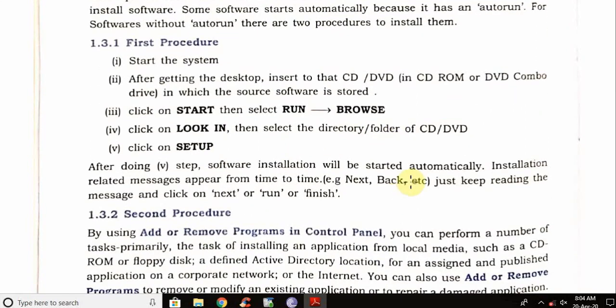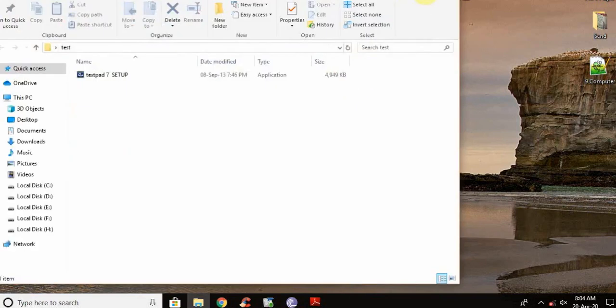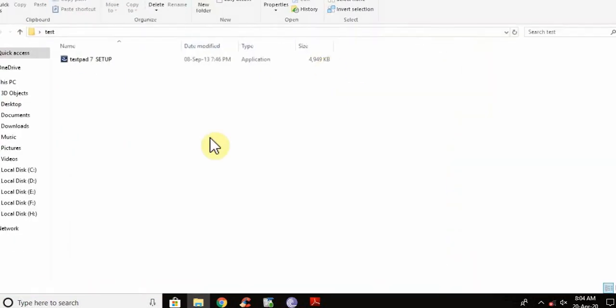Let us go to a folder. I have just created a folder to demonstrate how to install a program, and I am slowly going to show you the steps. Please pay attention to this.